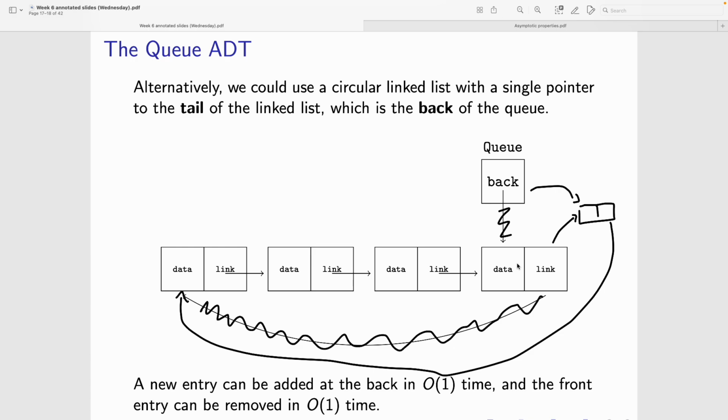And the front entry can indeed also be removed in constant time. You would just go back dot link equals back dot link dot link. And then the garbage collector will eventually notice that nothing points to the former front entry and delete it. So then the fact that I wanted to go over this again reminded me that